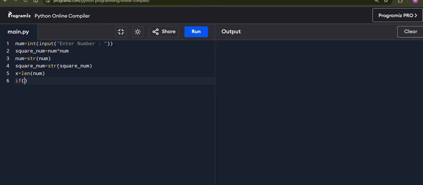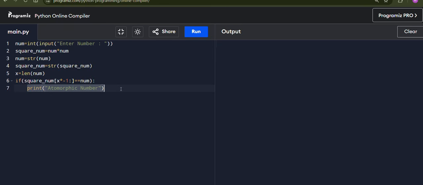Then I will check if square of number slicing x into minus 1 colon is equal to my number, then print automorphic number.